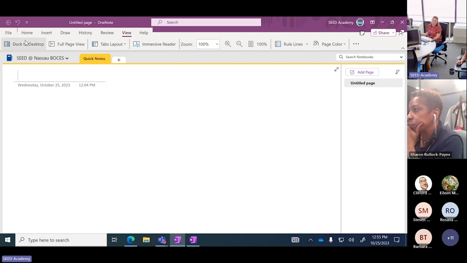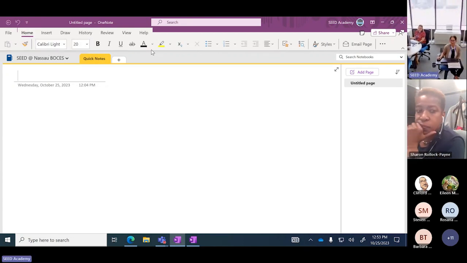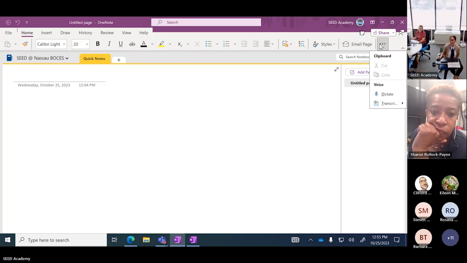All right, so you have your Home tab here. This is where you're going to get all your formatting. Here's all of the different formatting styles and options. You can change font, you can add bullets, you can make it bold, change colors, all those fun things. You also have the option to